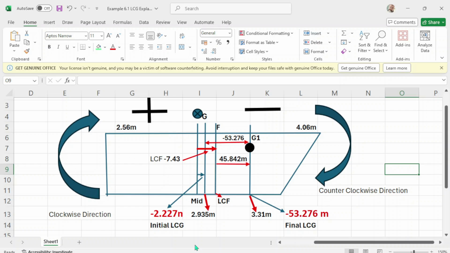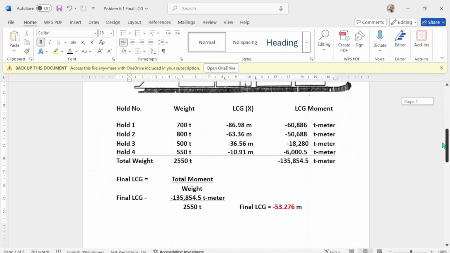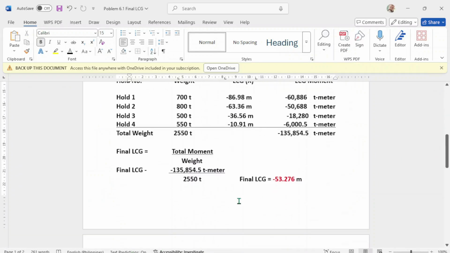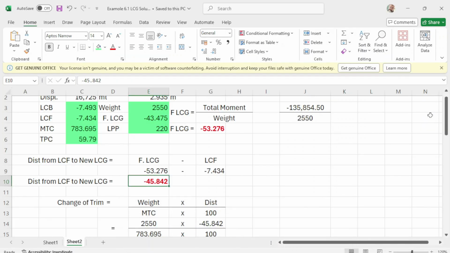Okay, let's proceed. Since you already have your final G, LCG, let's proceed to the program.